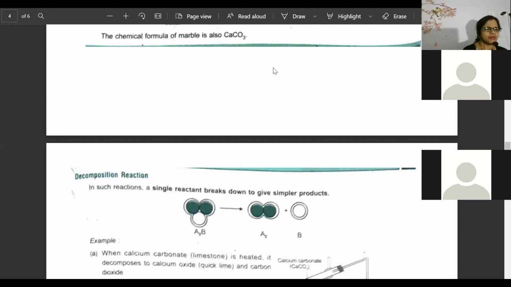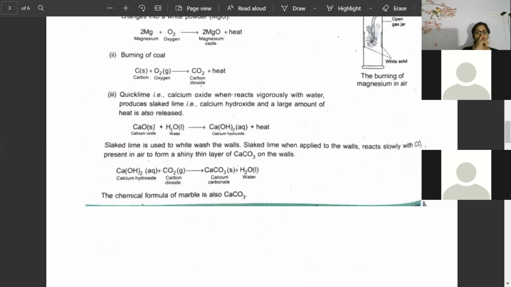So beta, you must remember one simple example of combination reaction. Magnesium reacting with oxygen. Very good, Akshaya. Very good, Jenny. Magnesium reacting with oxygen, or carbon reacting with oxygen to give carbon dioxide. So two examples of combination reaction you must remember, and you must know how to represent them. Exactly, see the representation. Along with the state, you write it, and please balance it. Please balance it also. Very good, beta.